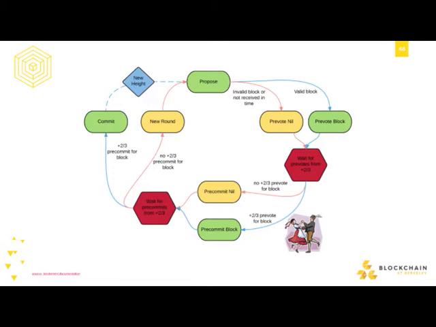And then you pre-commit to the block, which is basically the same as pre-voting, just doing it again. You sign another message saying, okay, I have seen 2/3 pre-votes for this block. I will now pre-commit to this block. And then you wait again, and you see that there's at least 2/3 pre-commits to the block. And once you've seen 2/3 pre-commits to the block, you go, okay, there's 2/3. We've committed to the block. And then it's up to the next proposer to propose the next block.